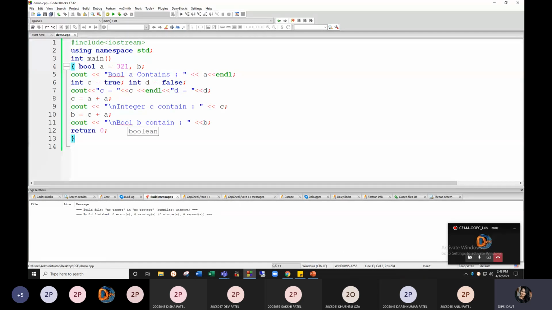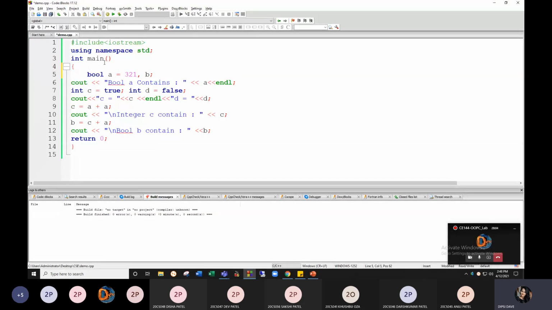We all know that as we are learning a computer language, we will have only either 0 or 1. 0 indicates false and 1 indicates true, right? So any non-zero value will be true and 0 will be false, right?